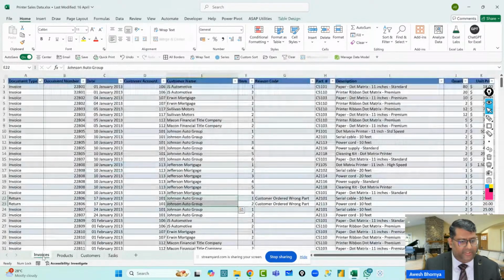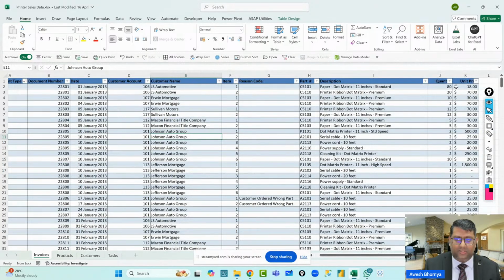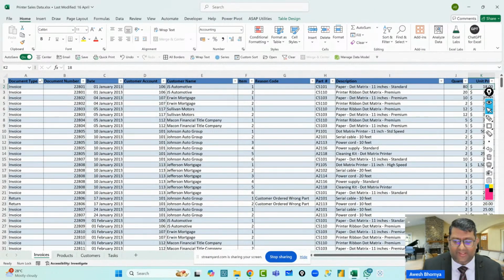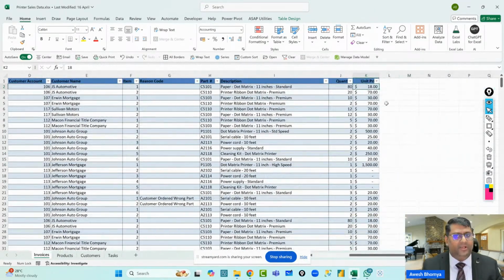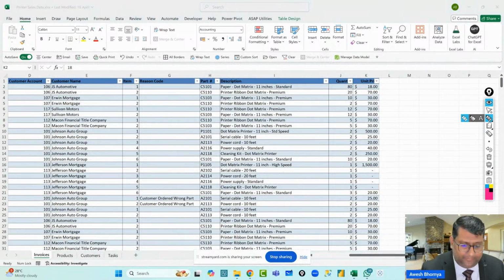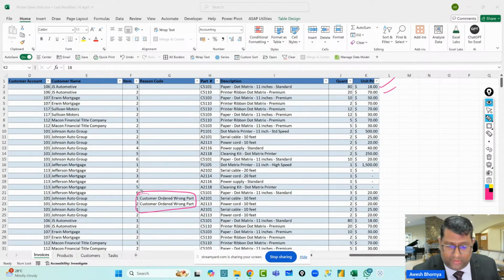So the first thing we need to do is first understand whether the product sold is a return or it is an invoice. So if it is an invoice, we leave the unit price as it is, because that will be considered as part of the revenue. But if it was a product that was ordered wrong, that means this product has been returned back to us.